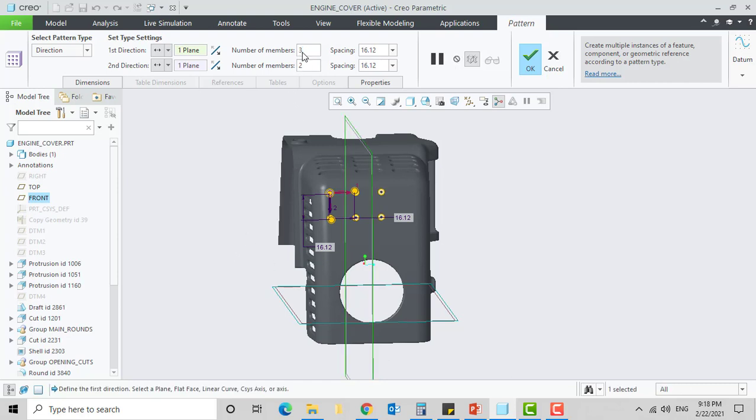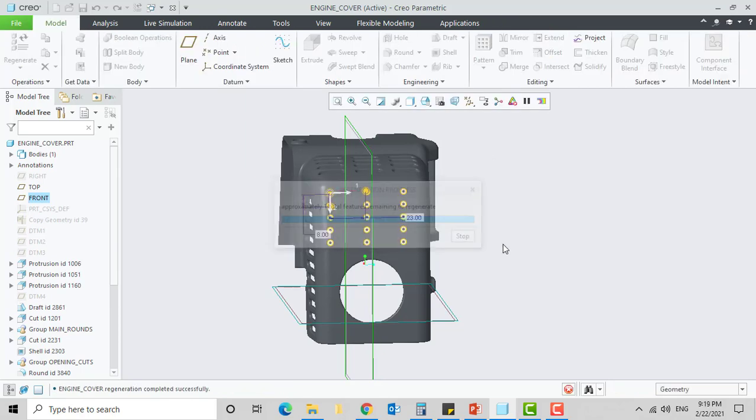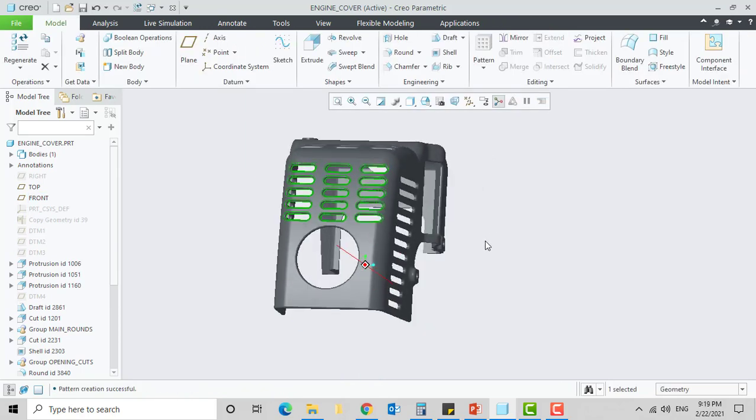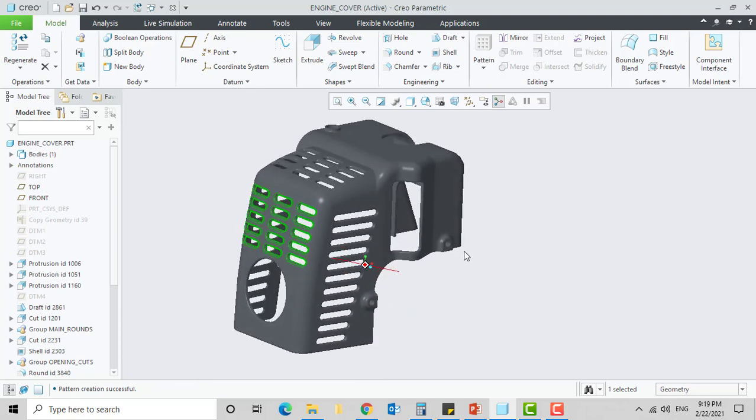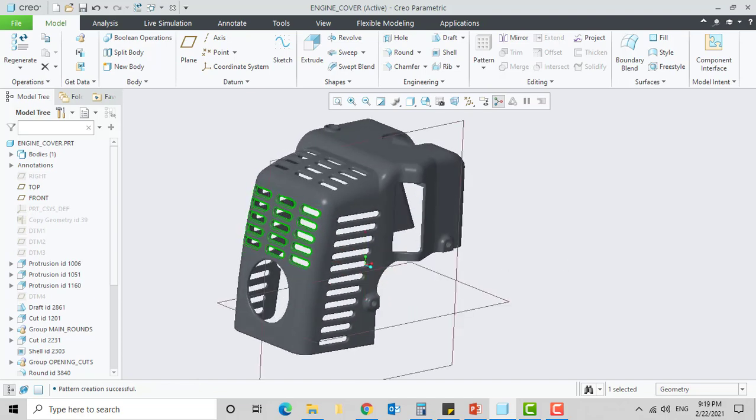Increase the members of the first direction to 3 and spacing as 23, and the members in the second direction to 5 and its spacing to 8. You can verify the placements and click OK to complete. Now our objective is met, we were able to make vents in 2 directions on an industrial part or